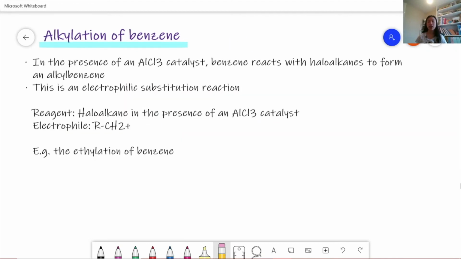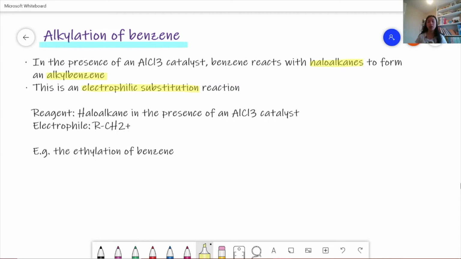Now we're going to have a look at the alkylation of benzene. So this is one of the methods we can use to add more carbons onto aromatic compounds. So in the presence of an aluminium chloride catalyst, benzene will react with haloalkanes to form alkyl benzenes. So just benzenes with an alkyl group. And this is an example of an electrophilic substitution reaction. And the reagent we use is a haloalkane in the presence of an aluminium chloride catalyst, and the electrophile is